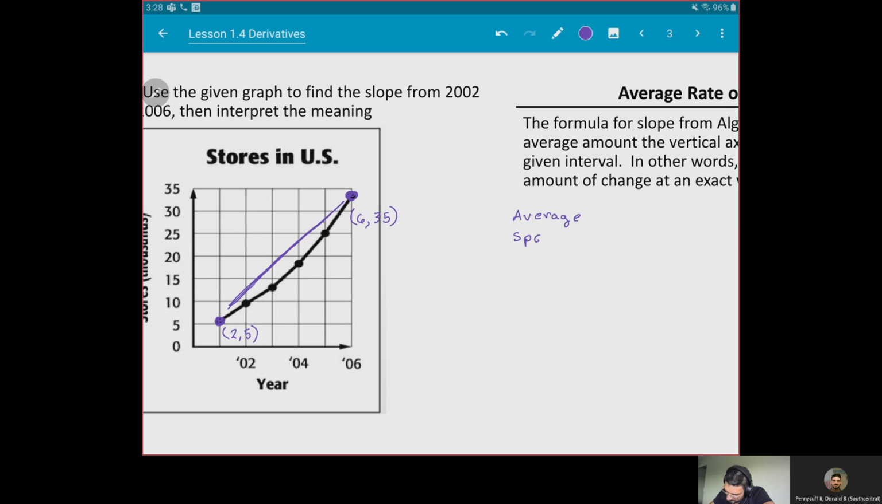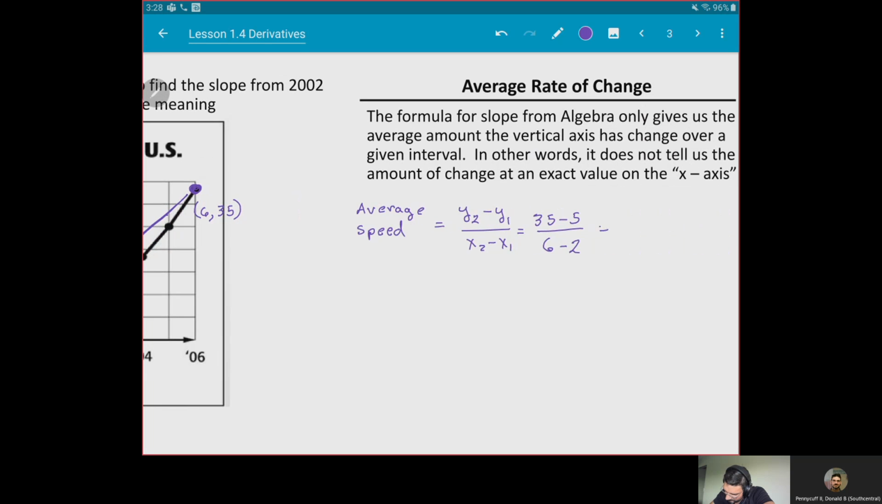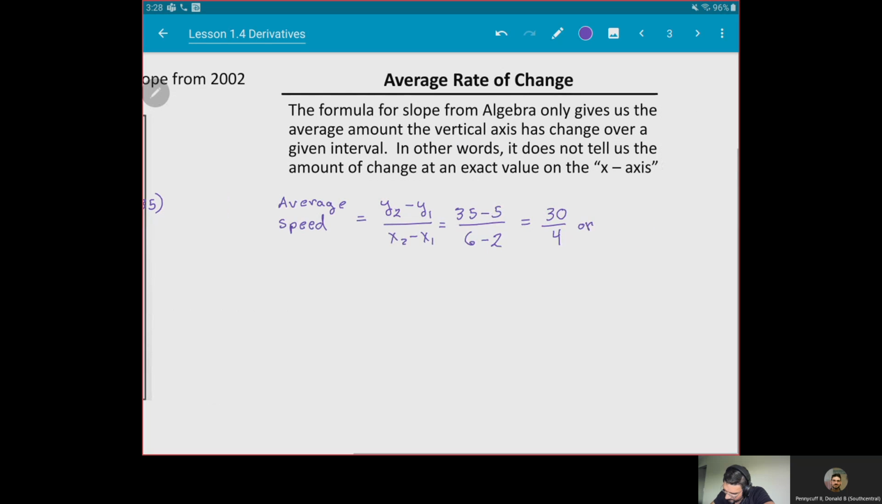speed. Now remember, if the answer is negative, then it is going down. If the answer is positive, it's going up. And so that's going to be 35 minus 5, 6 minus 2. So that is 30 over 4, or 7.5. Now this is in thousands of stores. So every year, between